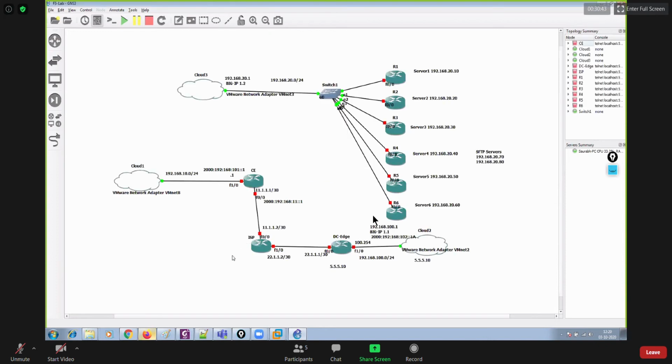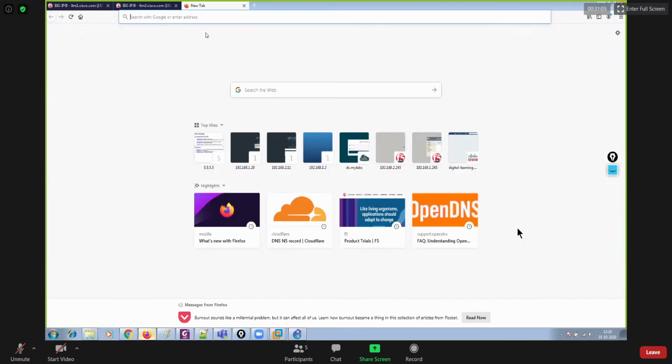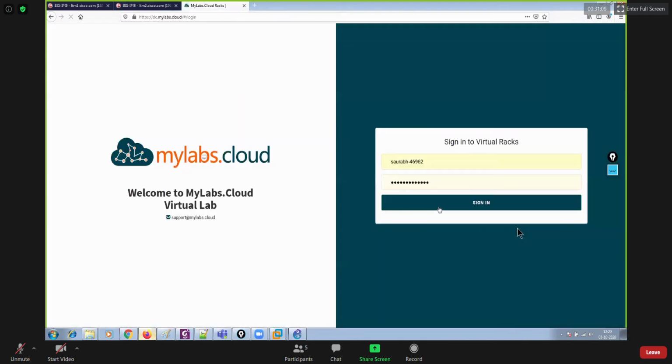Let the topology come. So here we have two different big IPs, right? So 20.1 and 20. We have to have two different IP addresses today, right? Because the topology will be like this. My labs, okay. Then we log in.